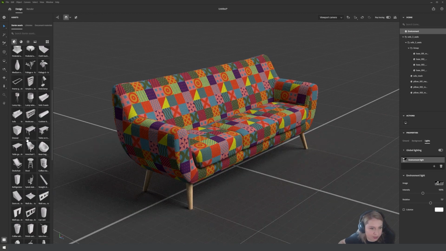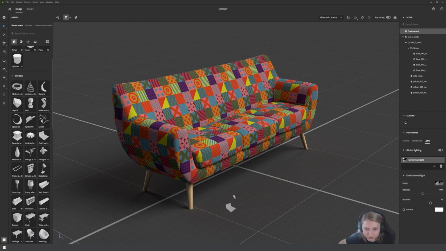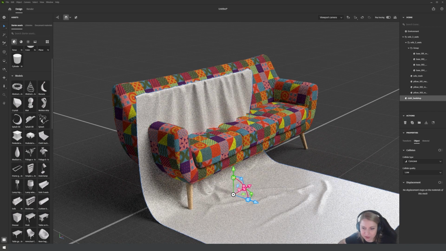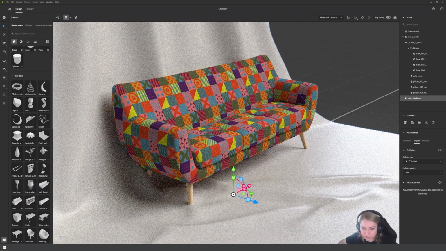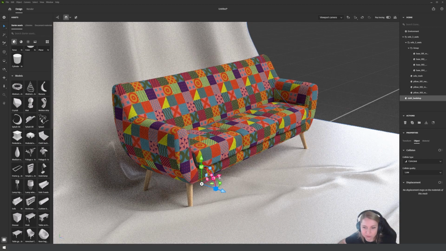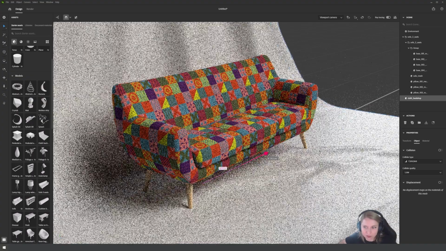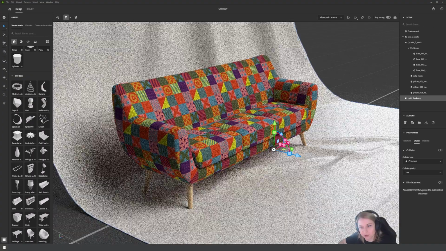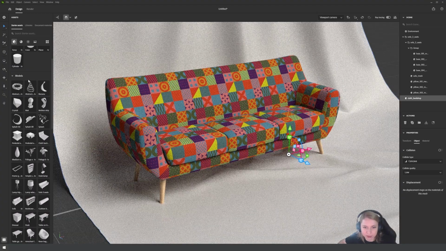Let's add something to the background. What could it be? Yeah, of course. Like this, for example. I really like to create this fictional stuff with Stager. Something that would not exist in real life at all.